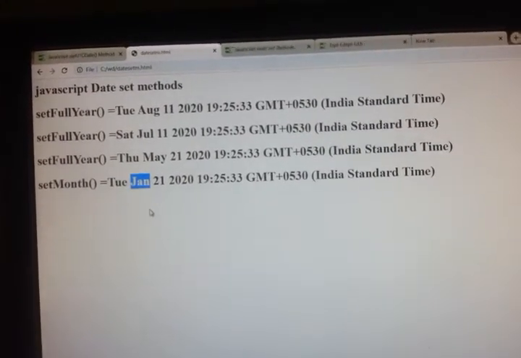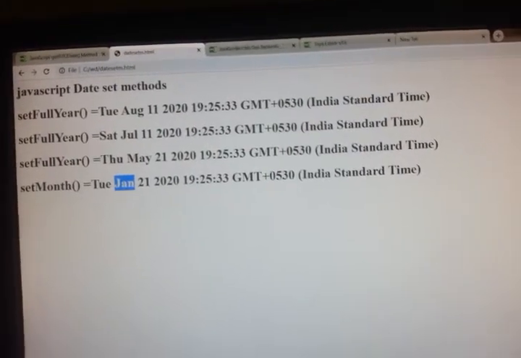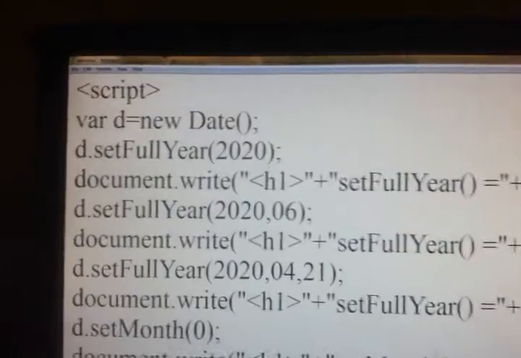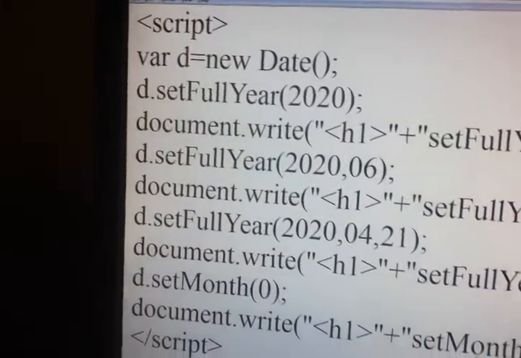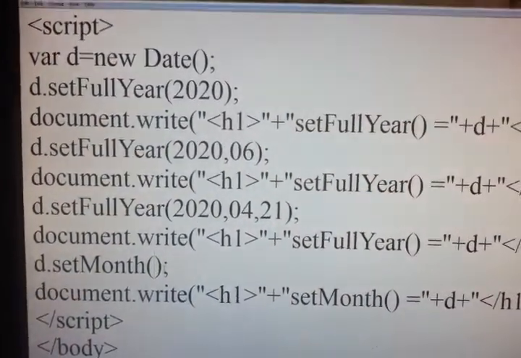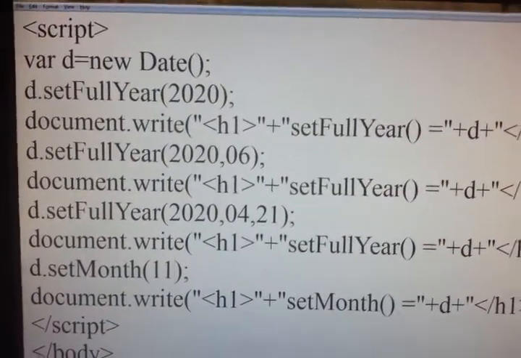I have set it as 0, so 0 means January. Here I will replace 0 with 11, save.